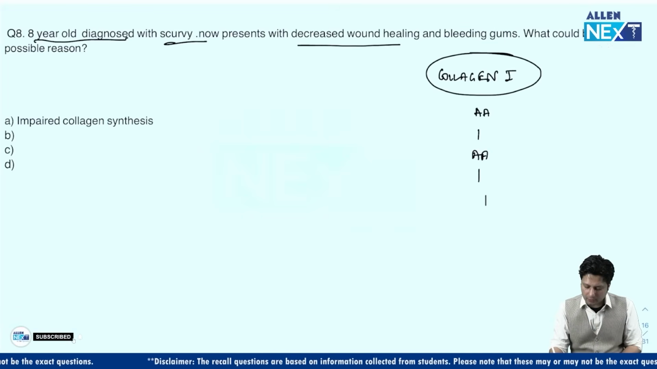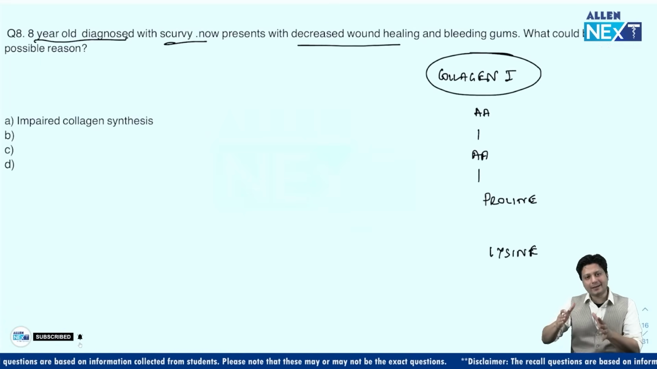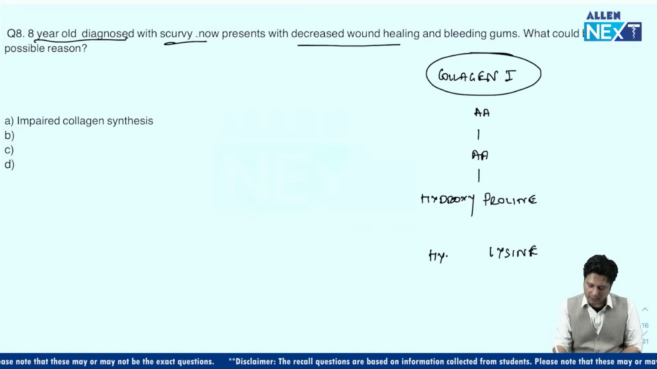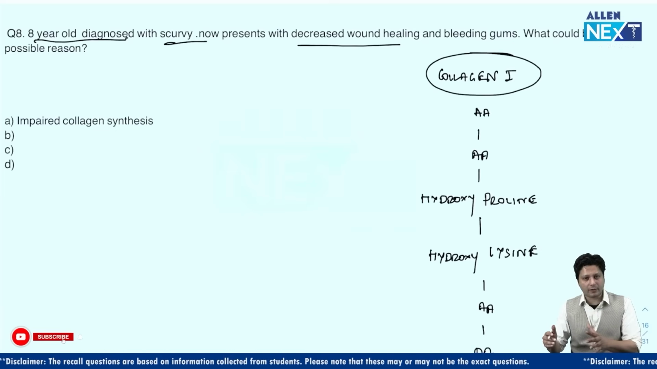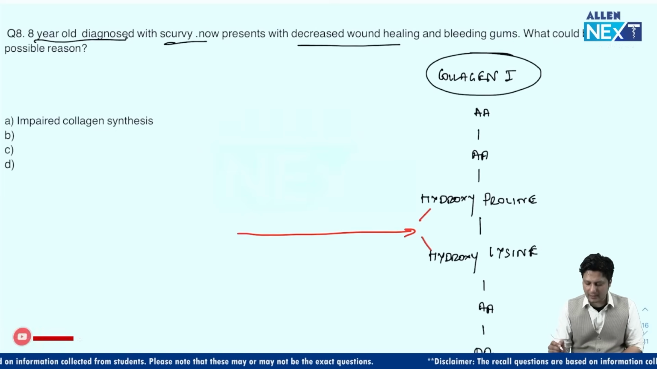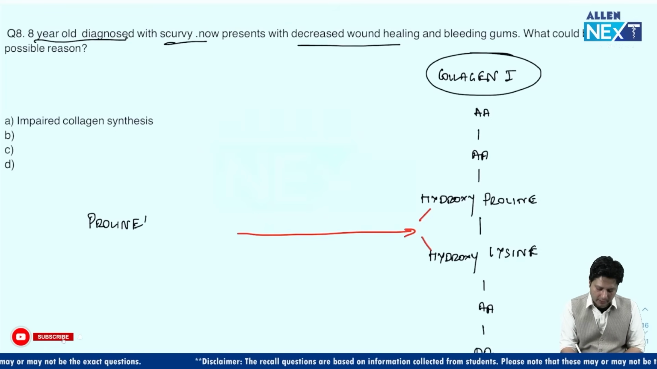But proline and lysine are the two amino acids which are not integrated in their original form. They are integrated in the hydroxy form. So there has to be a hydroxyproline and there has to be a hydroxylysine. All right. So as a result, this hydroxylation has to be done. That means proline as well as lysine are needed to be